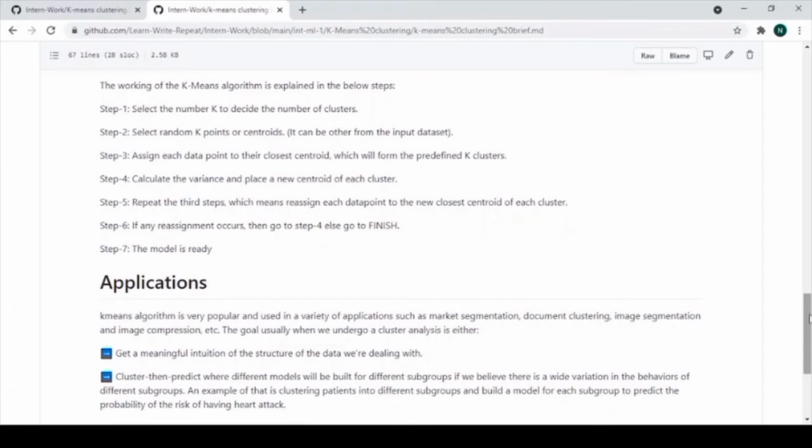The goal when we undertake a cluster analysis is, first, to get a meaningful intuition of the structure of the data we are dealing with, and second, to cluster and then predict, where different models will be built for different subgroups if we believe there is a wide variation in their behaviors. An example is clustering patients into different subgroups and building a model for each subgroup to predict the probability of the risk of having a disease.